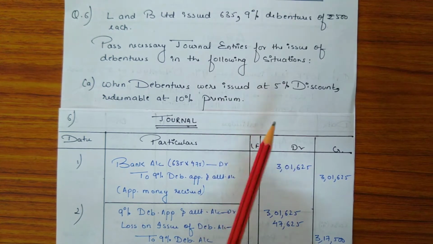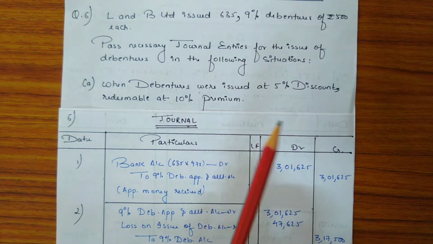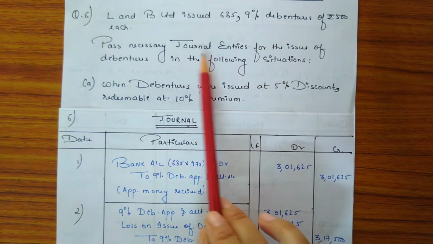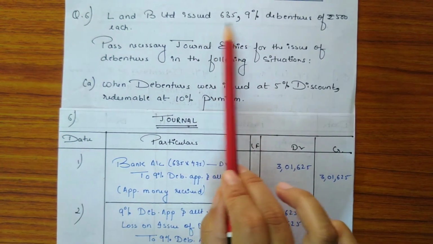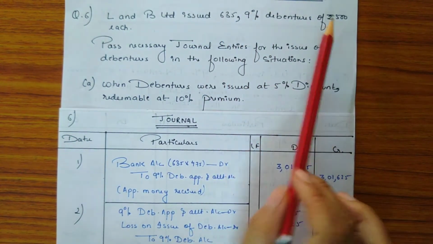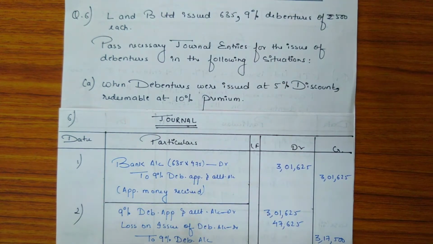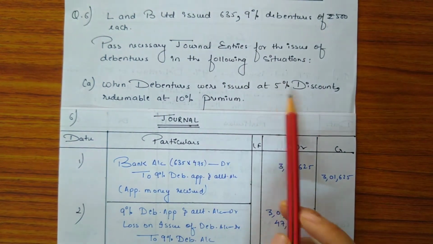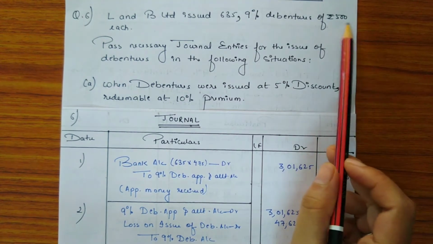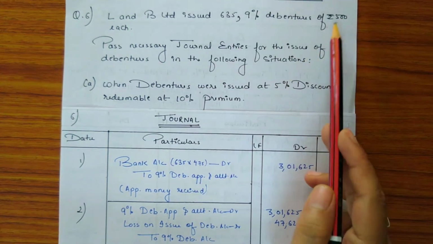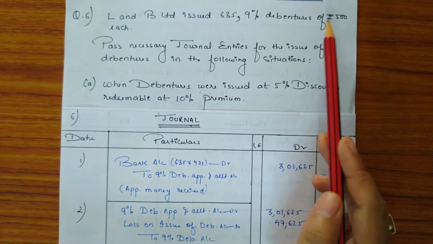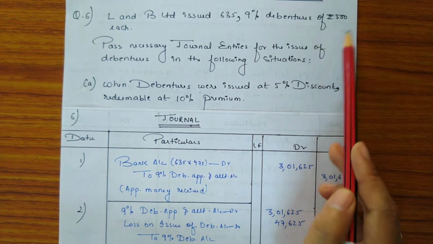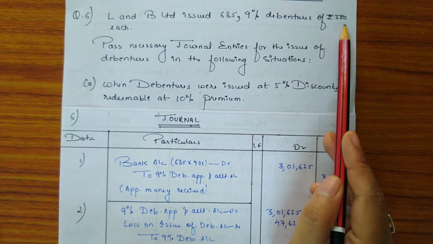So first entry will be based on application money received. So as we know, 635 debentures has been issued and issued price is 500. Now we will calculate the amount of discount. Discount percentage is 5% and issued price is 500. So 5% of 500 will be 25. Now the issued price after the discount will be 500 minus 25, which is